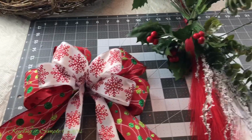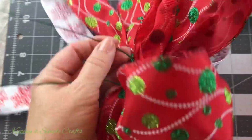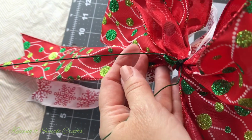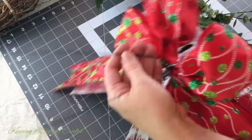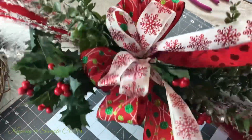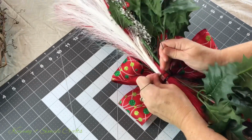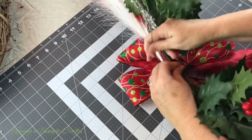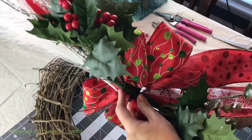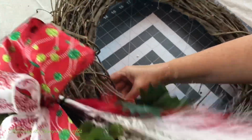Next, we're going to take our bow and place it right there in the center, just on top of that zip tie. So I've already added my wire, so I'm going to take this wire that's on my bow, go to the left and right side of the swag, flip the swag to the back, give those wires a few twists. Now I'm going to leave them long because I'm going to the left side of my grapevine wreath, and I'm going to thread those wires through the grapevine wreath. Then I'm going to go the back of the grapevine wreath, twist those wires,